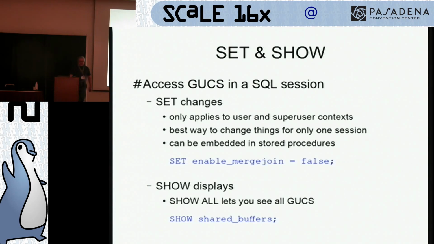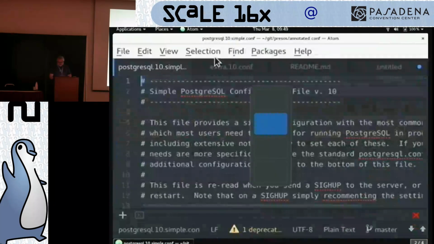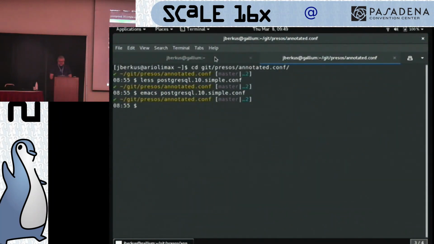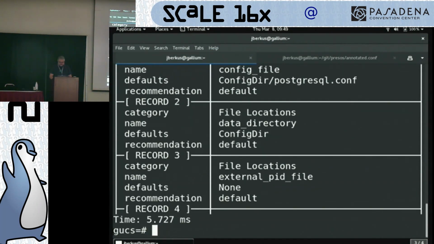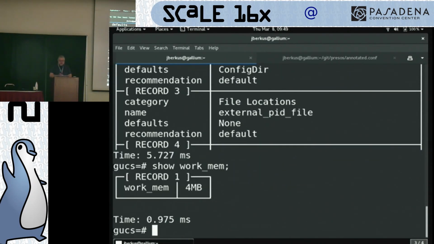Now, we are not limited to changing configuration stuff using configuration files, though. So the first way that we can actually do this on the SQL command line is set and show. So show tells us what a configuration setting is, and set